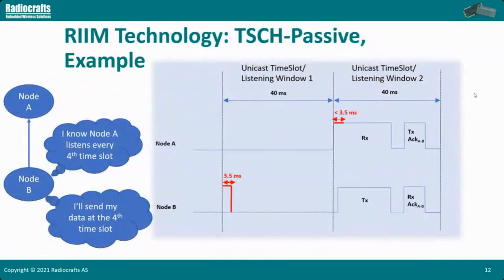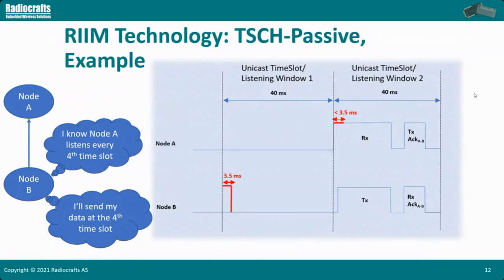And very briefly, this is how it works. You have node A and node B on the left. Node B wants to send to node A. So node B says that I know that node A listens every 4th time slot. And you can ask me, how does it know? Well, that's because using TISH, there is a common understanding of time using special algorithms for all the nodes. So all the nodes know information about each other, which is sent in the network maintenance packets. So node B knows that node A listens every, for example, 4th time slot. Then node B will say, okay, I'll send my data in that 4th time slot because that's when I know